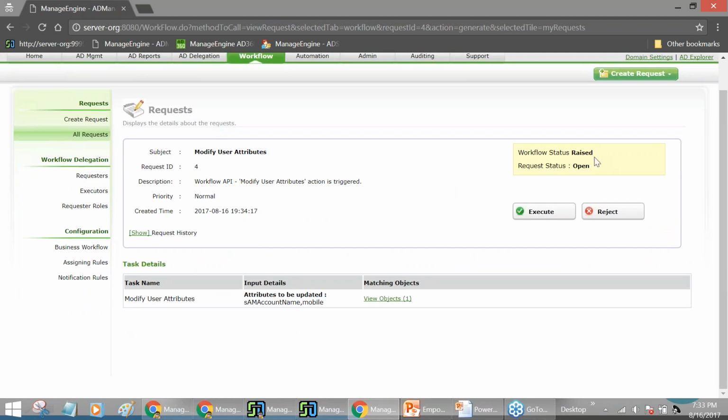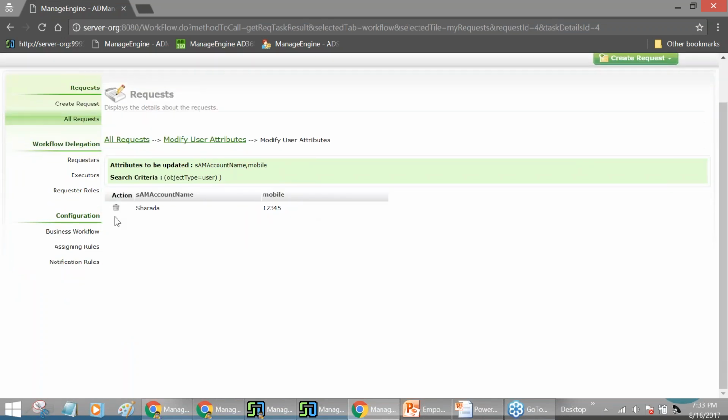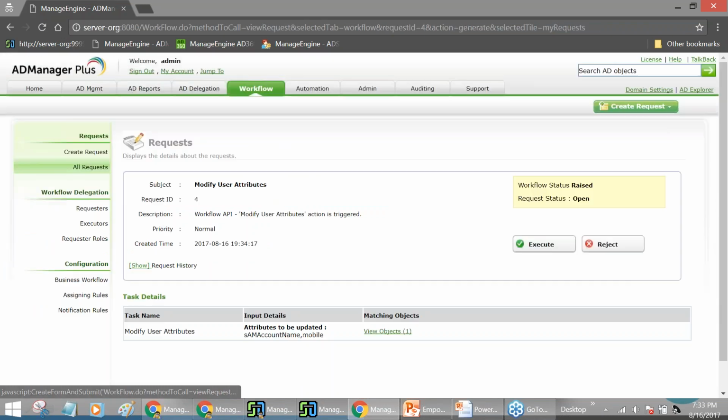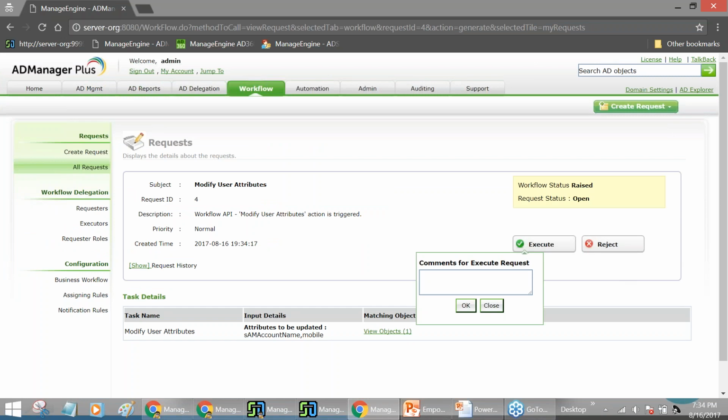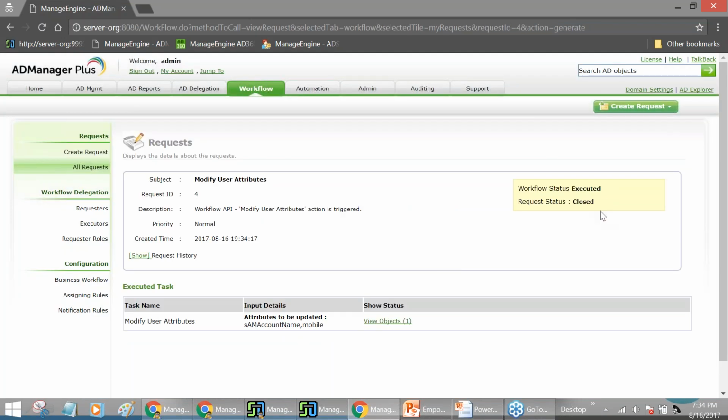The request status says open and the request has been raised. I can click on the request details to verify the request and decide if I would like to execute the request or not. Once I decide to execute or reject the request, I can go ahead with this particular operation. And once the request status is successful, the user will be notified about the request status and they can also keep track of it right in their